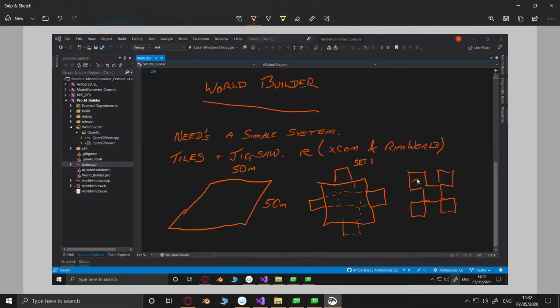That's a tile, that's a tile, that's a tile, that's a tile, that's a tile, and you can see how they fit together. Set 2, I'm going to call the joiners.